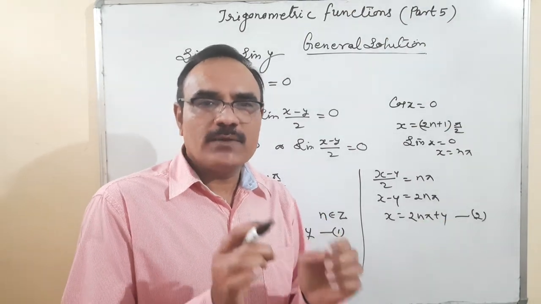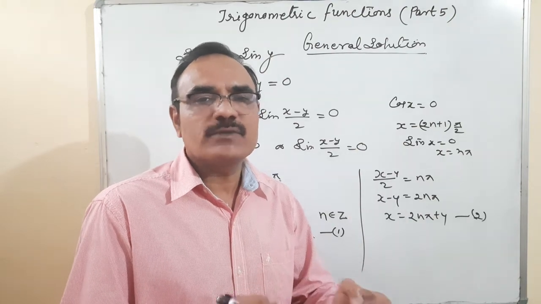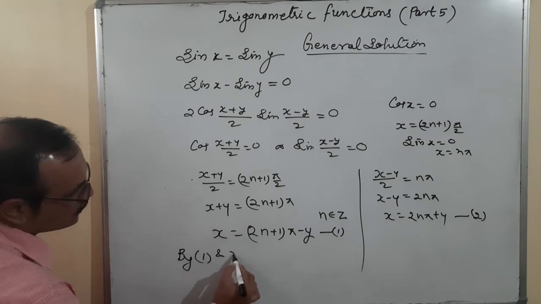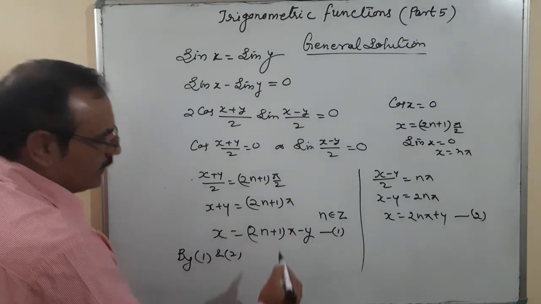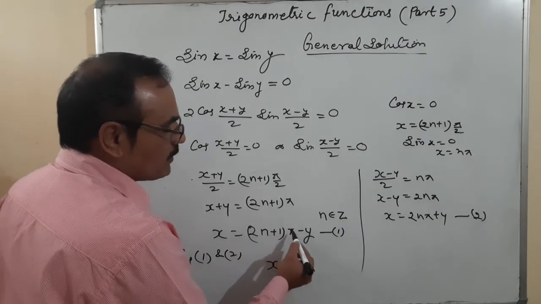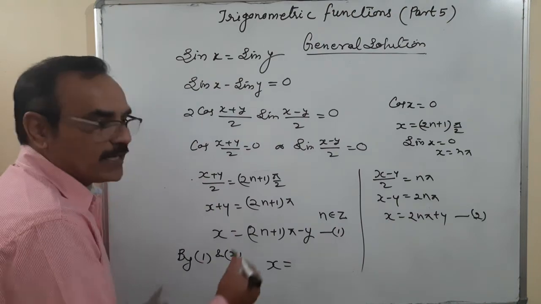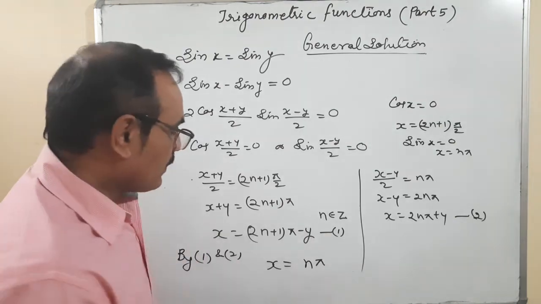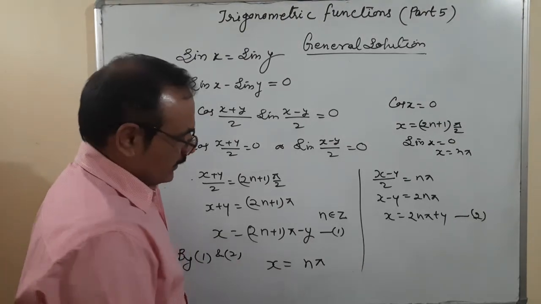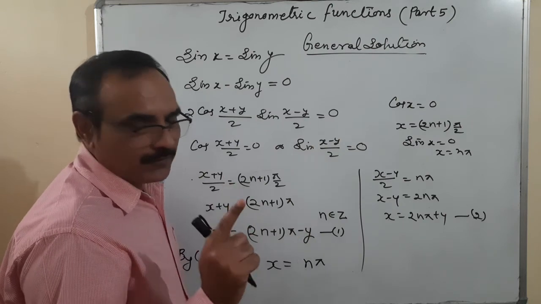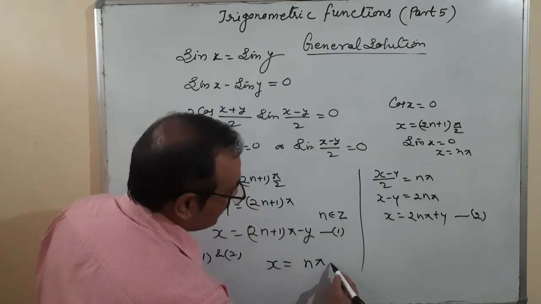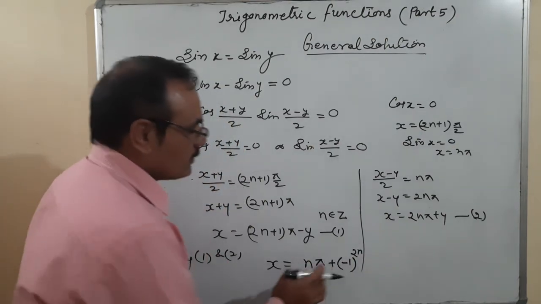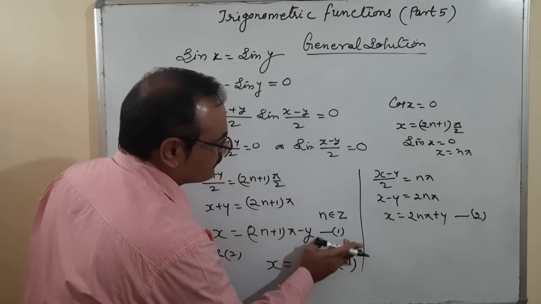Okay, how to make even integers with a plus sign and odd integers with a minus sign? Let us see. For equations 1 and 2, x is equal to 2n plus 1 pi for odd integers, and 2n pi for even integers. I am combining them, that means total n pi, with n over the integers. But remember, if I put n is equal to 1, that is odd, so this y will be negative. So I can write here plus minus 1 to the power n. Simple.